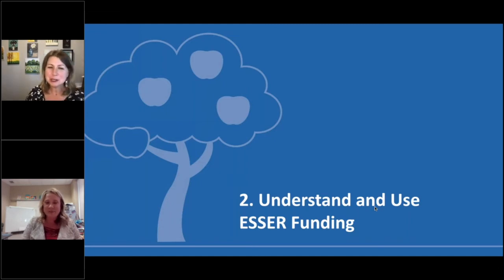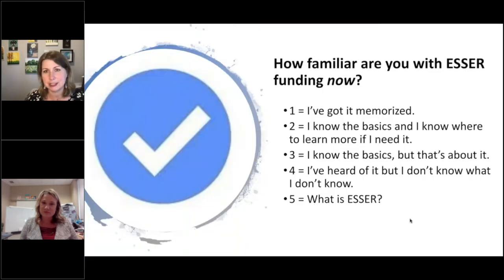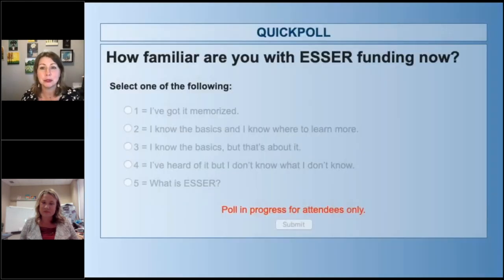So yeah. All right, once we have a plan for how we want to address learning loss, now we just want to unpack that a little more. How are we going to fund it? And then dive into some of those specific parts of the plan that might be a little bit meatier. So looking at funding in particular and ESSER funding, I want to start off the bat by getting a sense of how familiar are you with